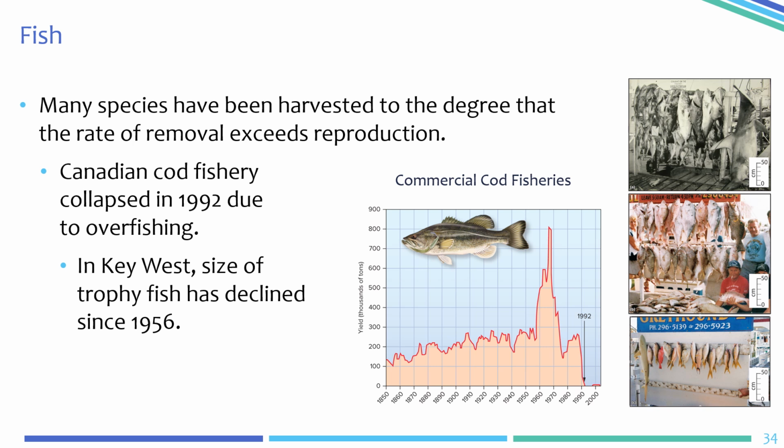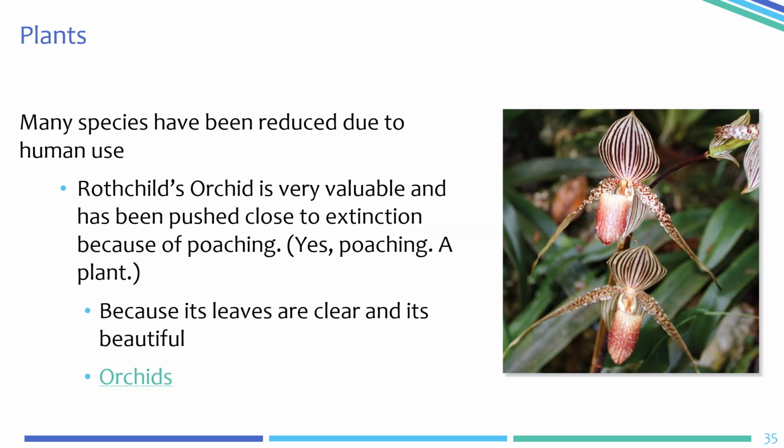So fish are a very common example. You can see two examples here: cod fishery and Key West fishing, that basically led to crashes in fisheries, natural or commercial, in those areas. And plants are not immune to overexploitation. The example here is